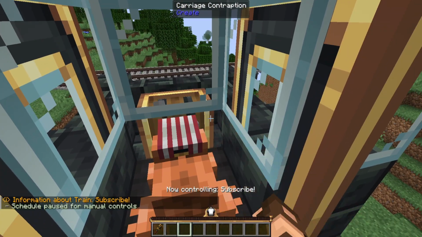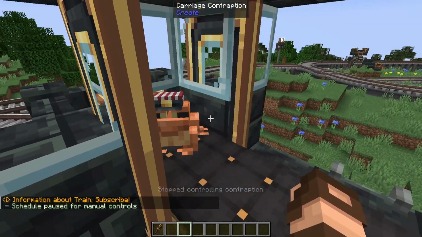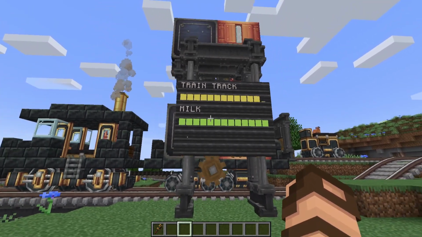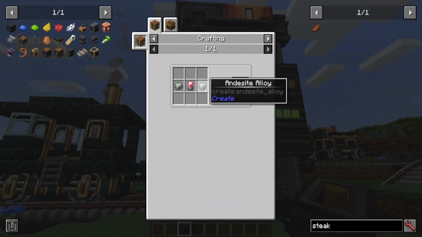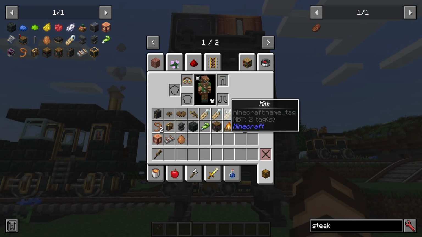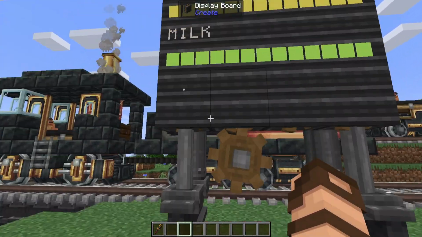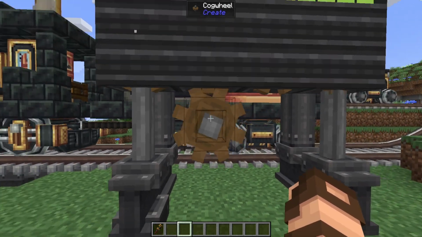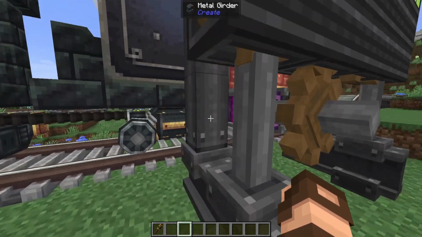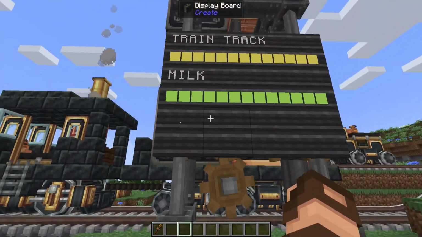Now in this case, I'm just going to grab the manual controls and then let go of them just so that they stop what they're doing. And we'll have a brief look at these, the display board. Display boards are made with electron tubes and andesite alloy, but that will get you 2 of them, which is rather nice because you also don't use any power to power these, but you do have to have some kind of rotational force going, and it has to be at least 32 RPMs,